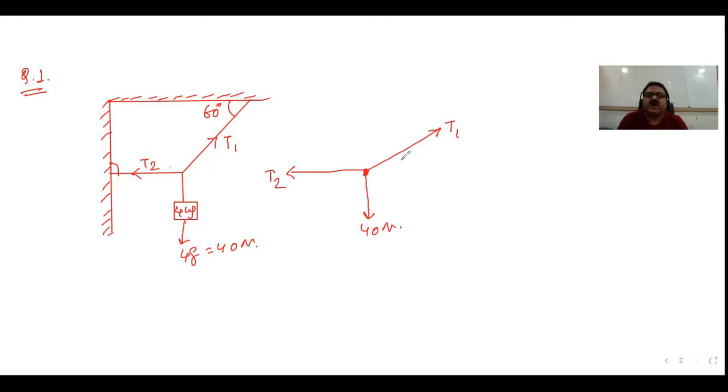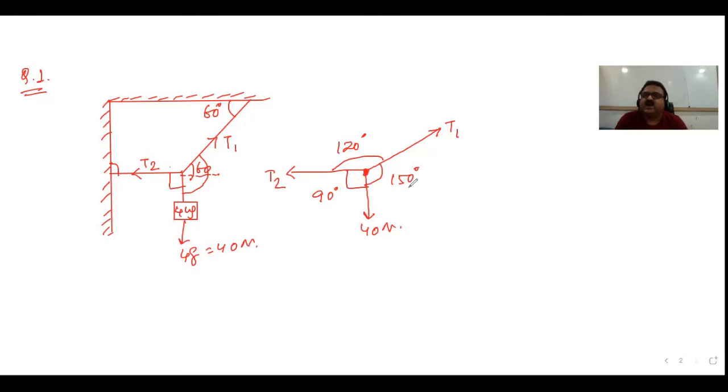Now what I have to do is find out the angles. If I extend this, this is 60 degrees, so this is also 60 degrees. So this entire angle is 150. Now this angle is 90. What is the balance angle then? 90 plus 150 is 240, and if I subtract it from 360, it will be 120. You can check it out: 120 plus 90 is 210, 210 plus 150 is 360.